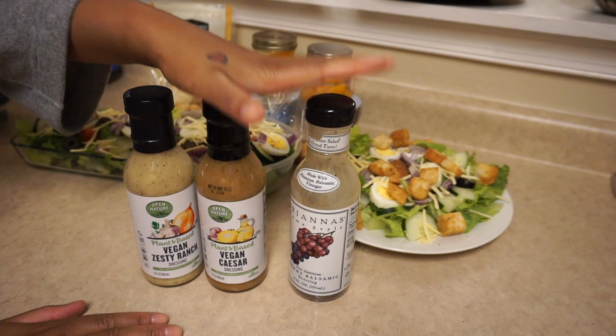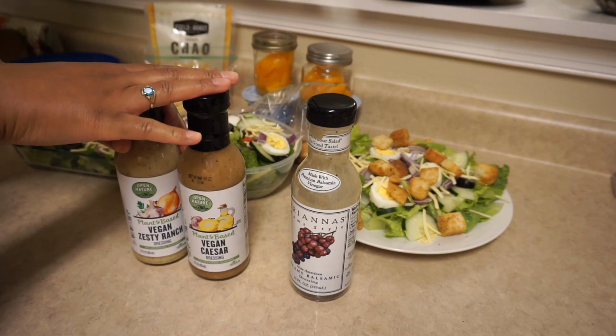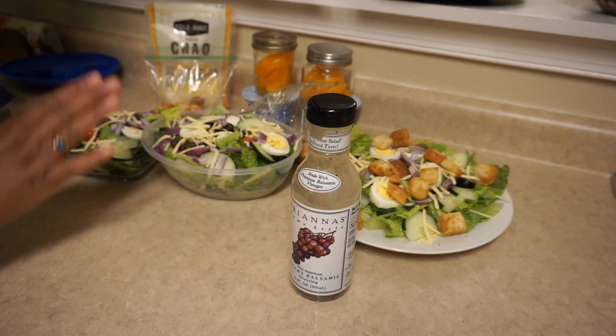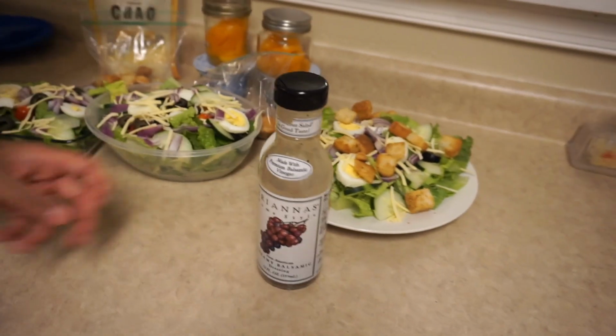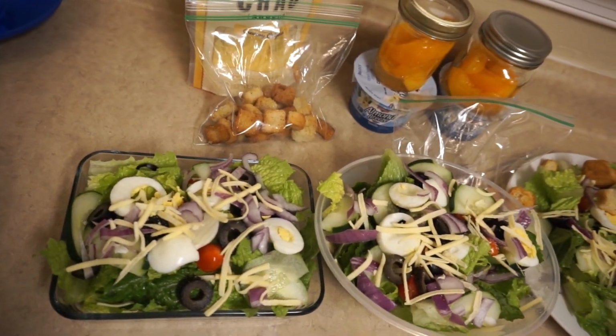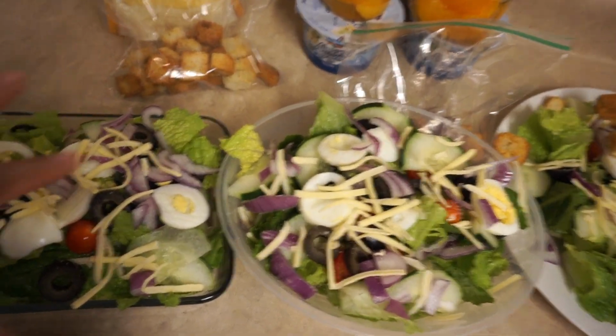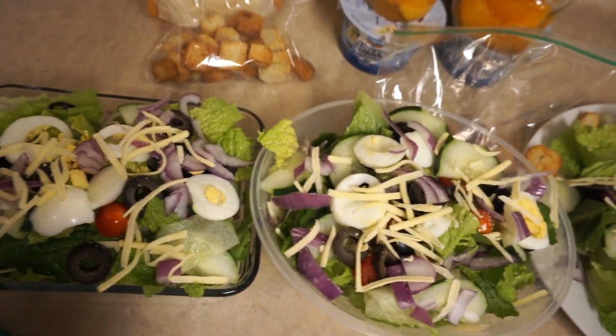So I'm done packing my lunch. For lunch, I don't even transfer these into a separate container. I'll just carry the whole jar with me. And depending on what I feel like having, I'll either grill some chicken or some shrimp and put it on top of my salad. So here go my salads for lunch